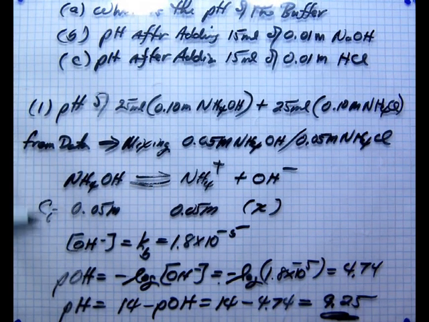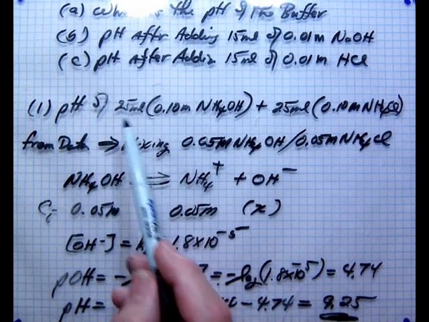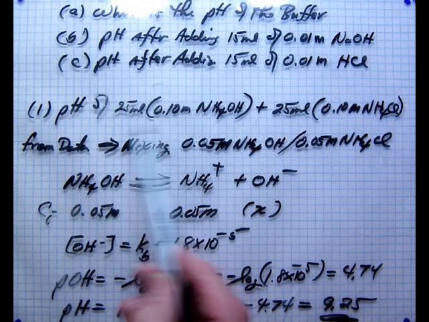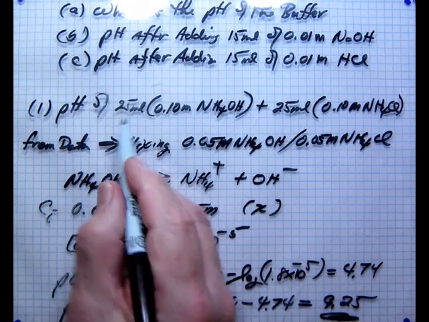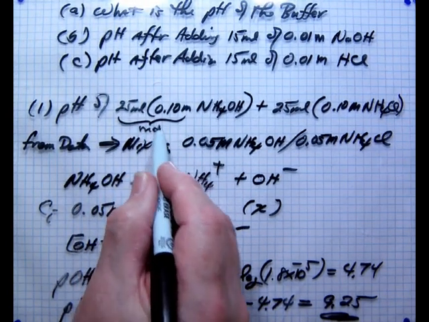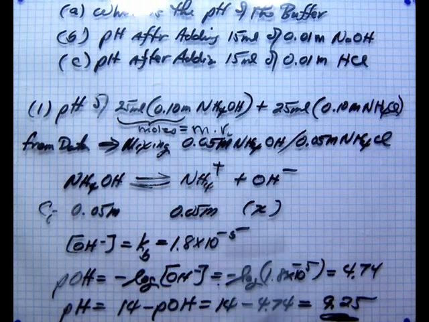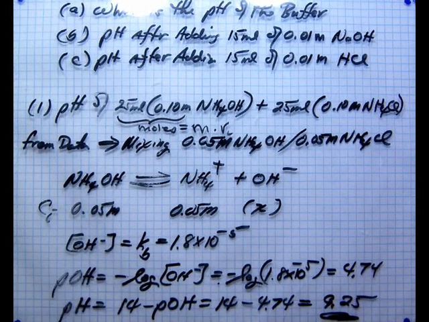All of a sudden you've got 65 milliliters right here. So you need to go back and calculate, well, how many moles does this represent? So now you have so many moles using molarity times volume